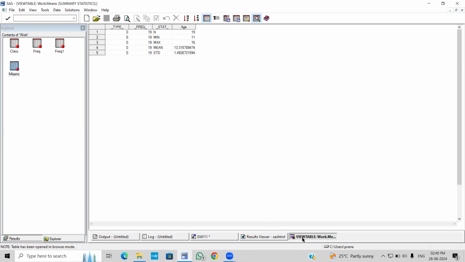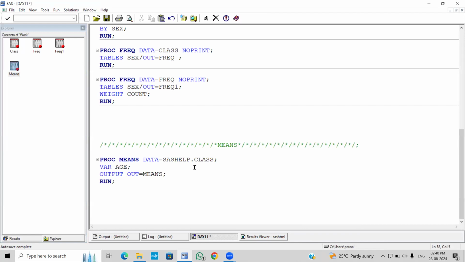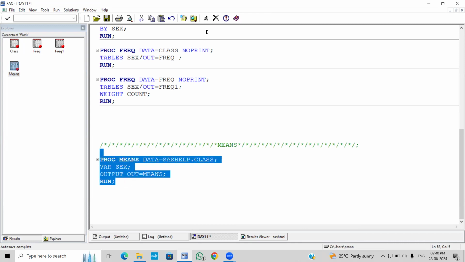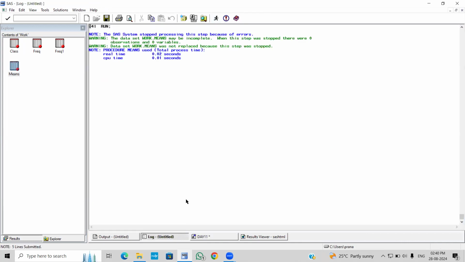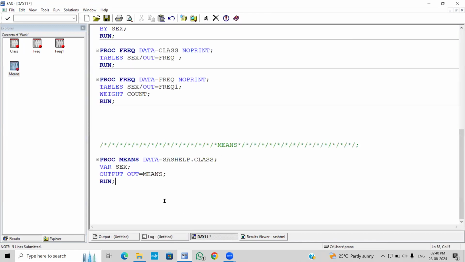If you want to get the statistics based on a variable called sex, here we must give only a numeric variable. If we give a character variable, it shows an error in the log: the variable list does not match the type prescribed for the list. So here we have to give